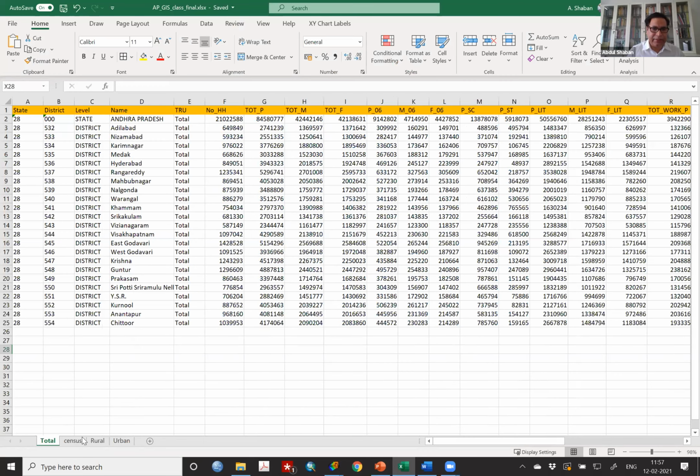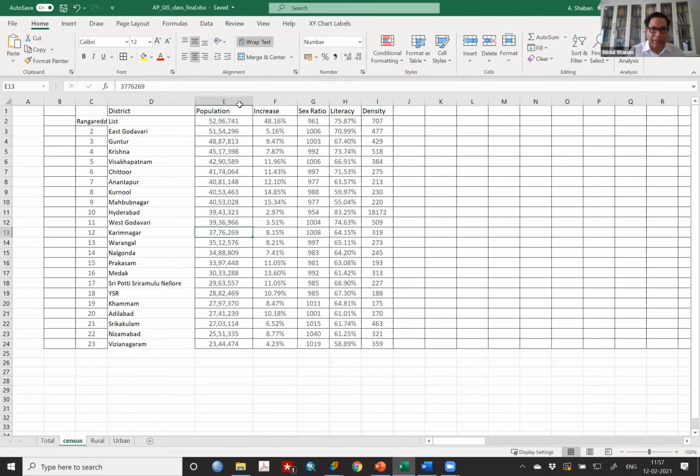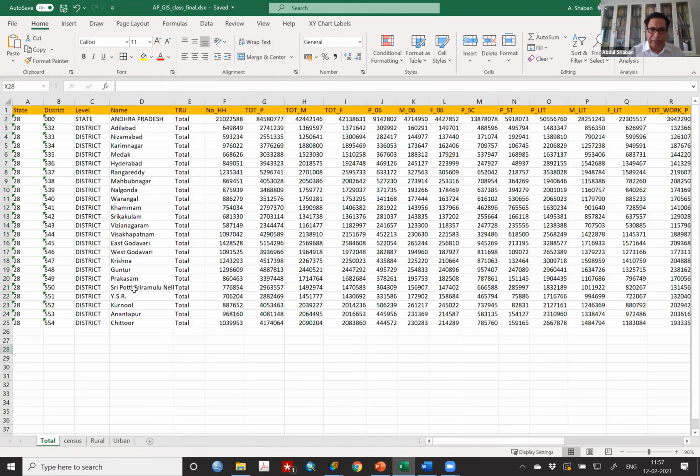I have census. I just downloaded from the census. The density is also given in the census site. So I can copy and paste it. But here, look at, order of the districts are different and order of the districts are here different. So I have to see which district corresponds to which one. I have not done it because I'm only demonstrating for you. So I need not do. All of you need to do it. I hope that all of you have done it.